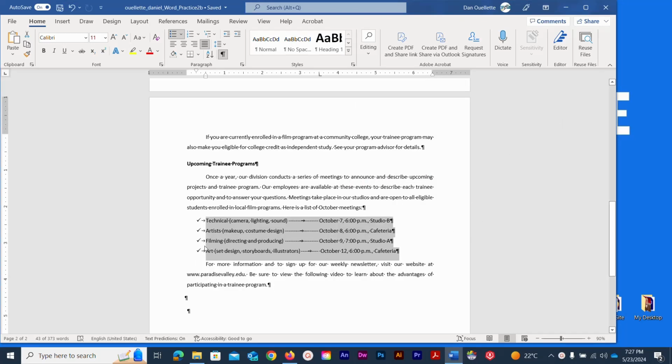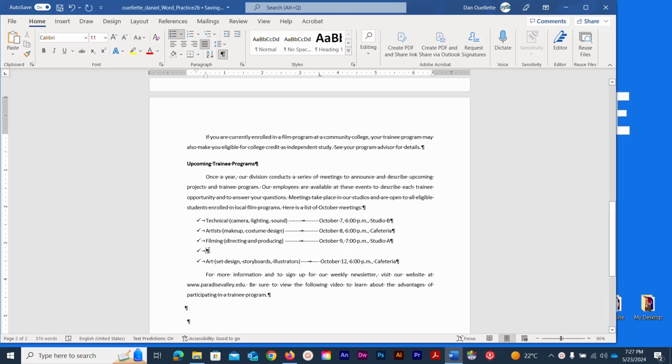Now let's just add an extra line inside of this list here. So I'm just going to click at the end of the filming line that ends in Studio A and hit my enter key, which starts a new bulleted point, as you can see there once you're inside of the bullets. And we're just going to add the text set creation. And then we're going to hit our tab key. Tab, October 11th,